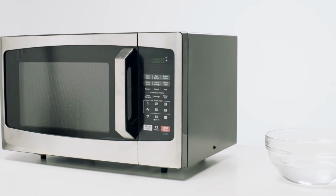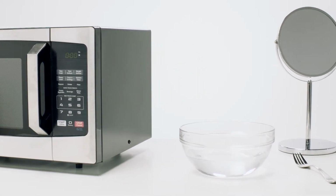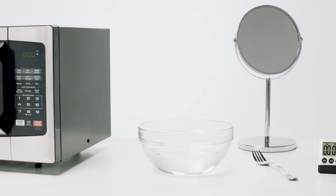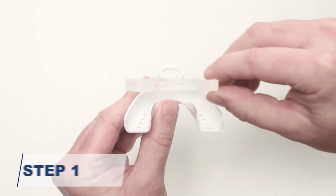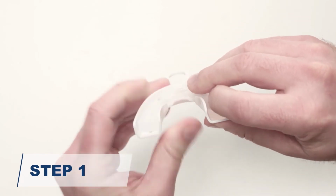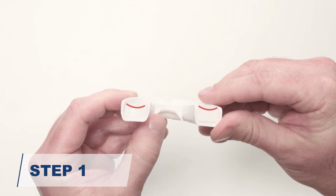If you don't have that, a microwave and a microwavable bowl works too. In either case, you'll also need a metal fork, a mirror, and a timer. To begin, make sure to place the dental guard correctly into the fitting tray. The guard is positioned correctly when the top of the dental guard is concave, as indicated by the red lines